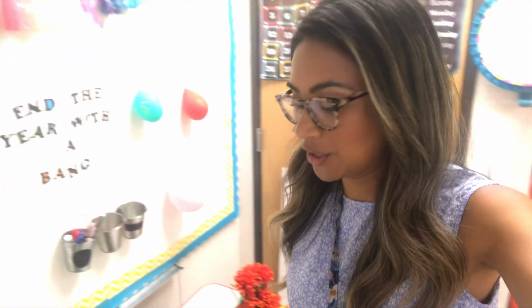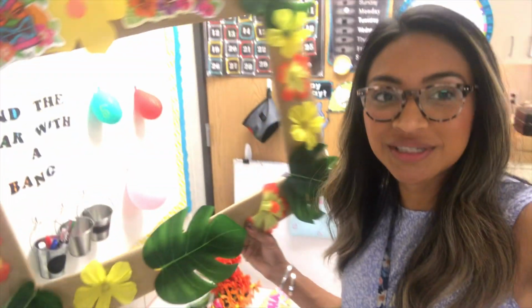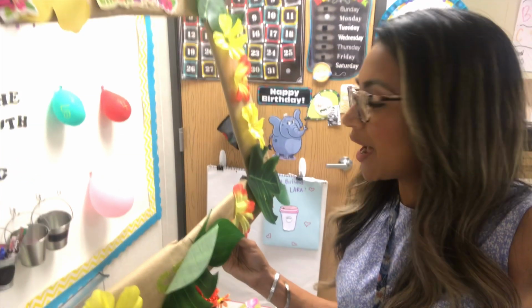So this would be really cute. I really, really like this. My first graders did use this last year, and I had to kind of cover it up because it said first grade. So they'll be taking some pictures, and then we'll be doing a memory digital book, and then I'm